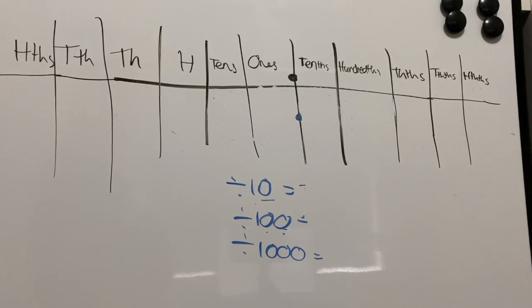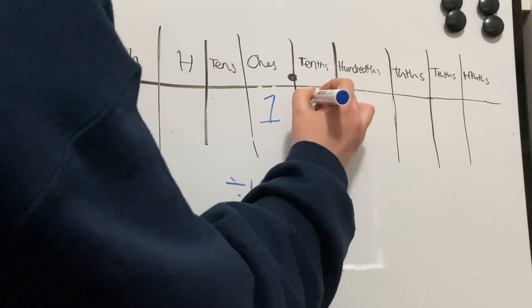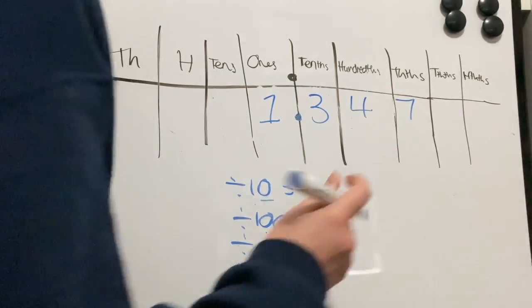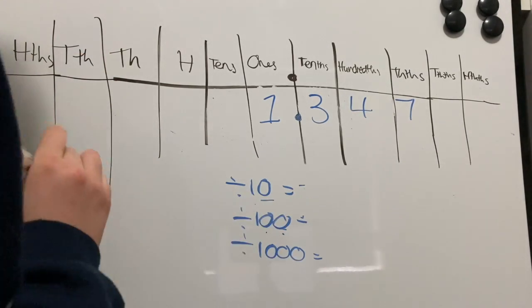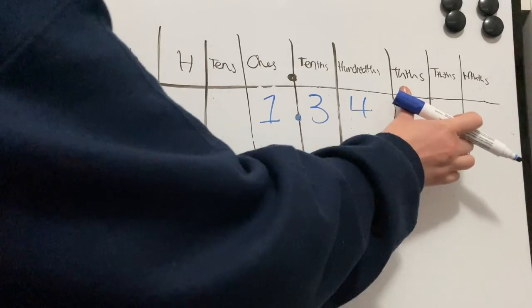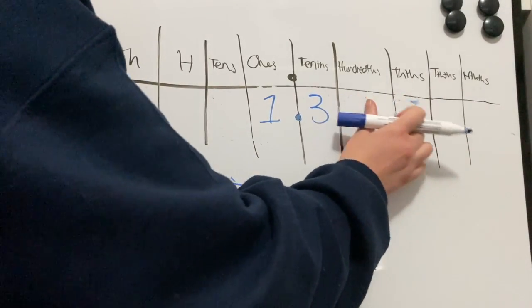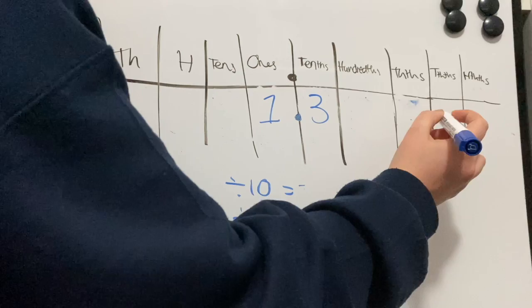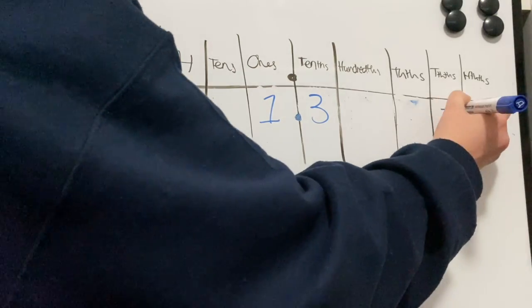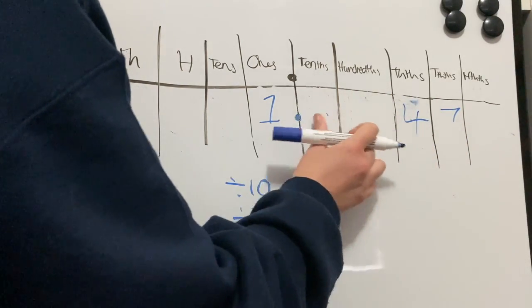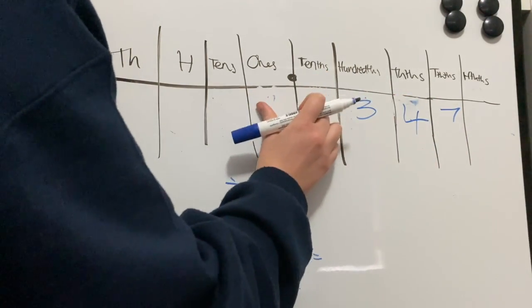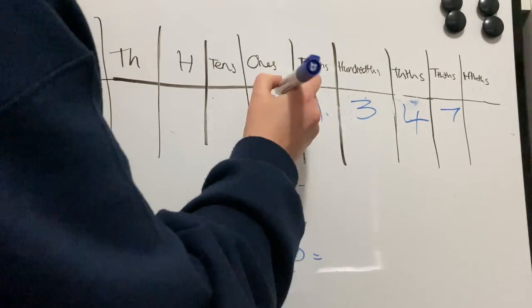All right, I've extended my place value columns a little bit further this time because I know I've got some bigger numbers coming up. Next, I'm going to show you with the number 1.347. I think I'm going to need to go even further actually this time. We're going to divide it by 10 first of all, where every digit moves 1 place value column to the right. So 7 thousandths becomes 7 tens of thousandths, 4 hundredths become 4 thousandths, 3 tenths becomes 3 hundredths, and 1 becomes 1 tenth. So our number is